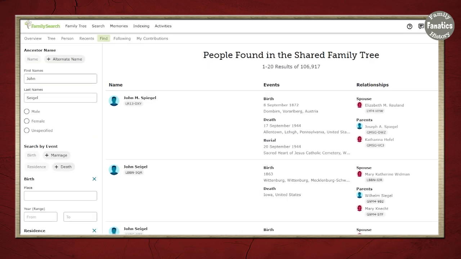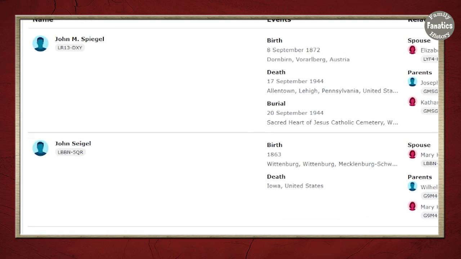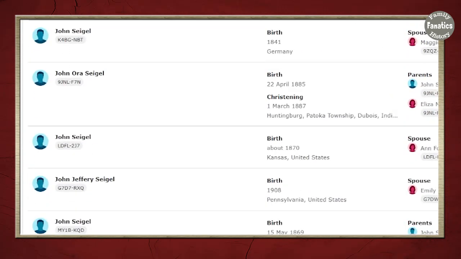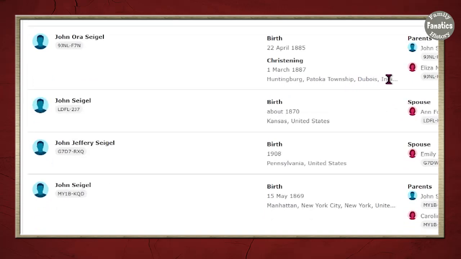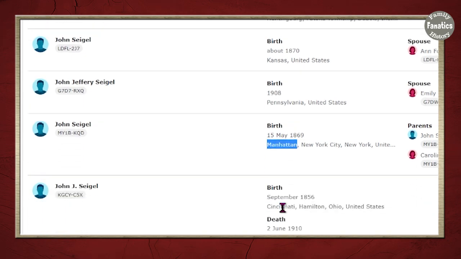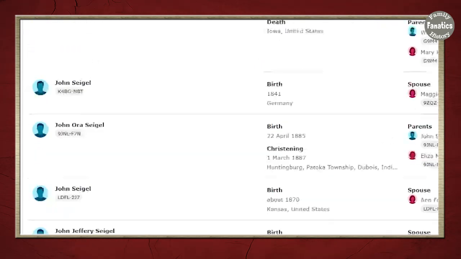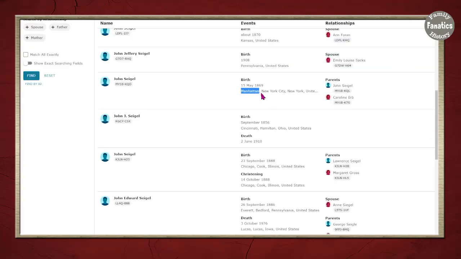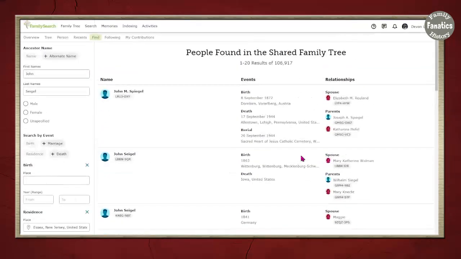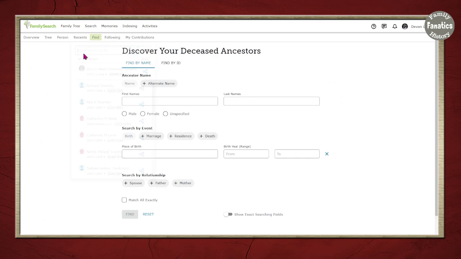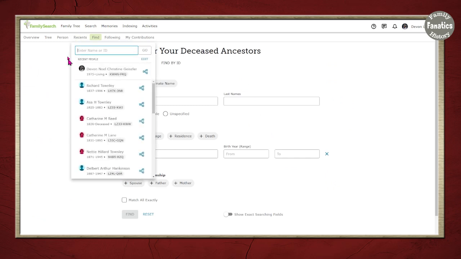And when I come to find, I'm not seeing anything that would work. This is Indiana, Kansas, Pennsylvania. There is a New York, but not in the right place, too, because he isn't alive in 1800 in order to be in New Jersey. So I've done my research and I cannot find this person, but I do want to add a record to them. So what I need to do is come up to recent. When I tried to hit recent, it wouldn't give me what I'm looking for.